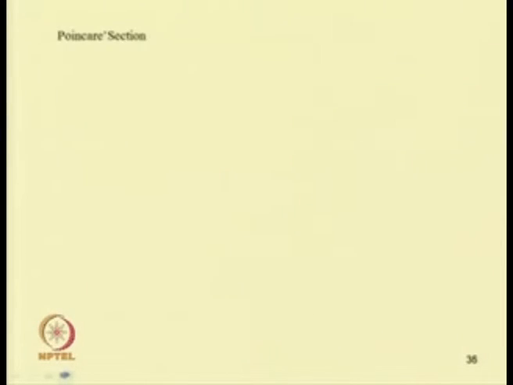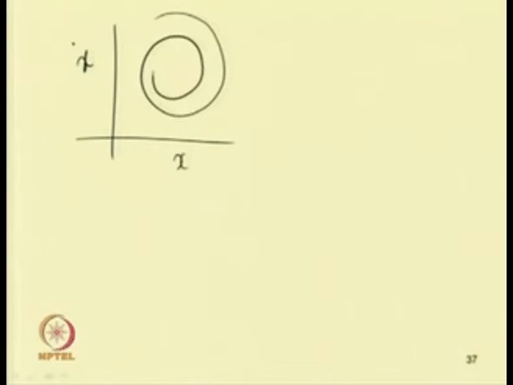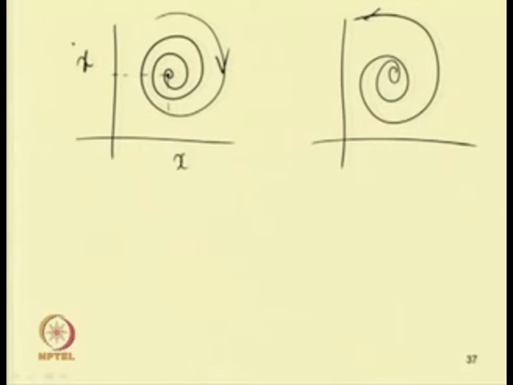So, let us plot the phase portrait of the system in case of a fixed point response. Phase portrait, for example, this is x versus x dot if one plots. So, in case of a fixed point, if the system is stable, the response will come to this point, and this is the final fixed point response of the system. But if the system is unstable, the resulting phase portrait will look like this.